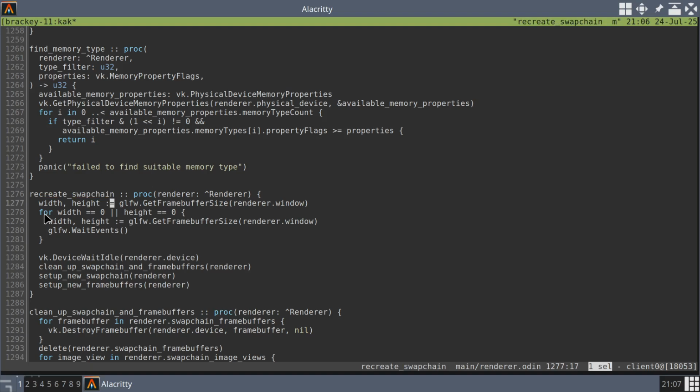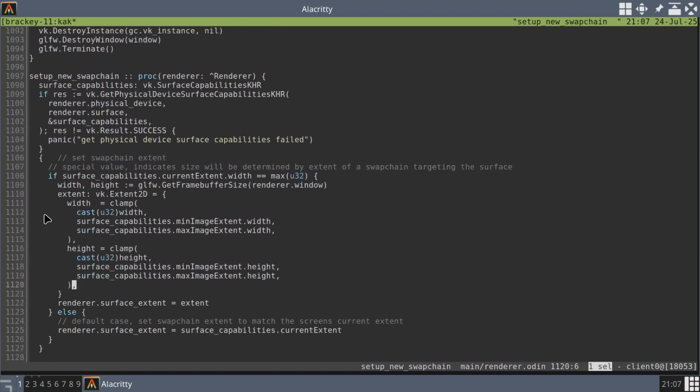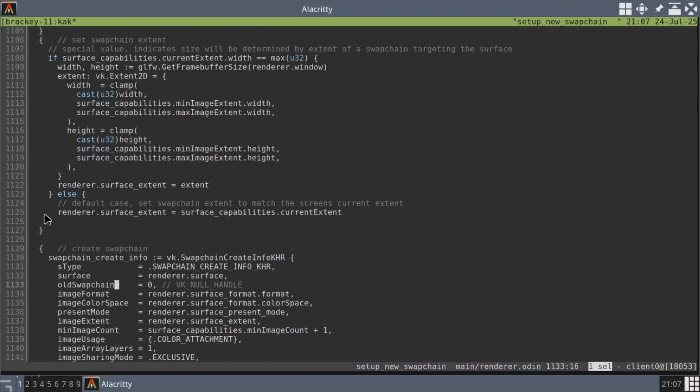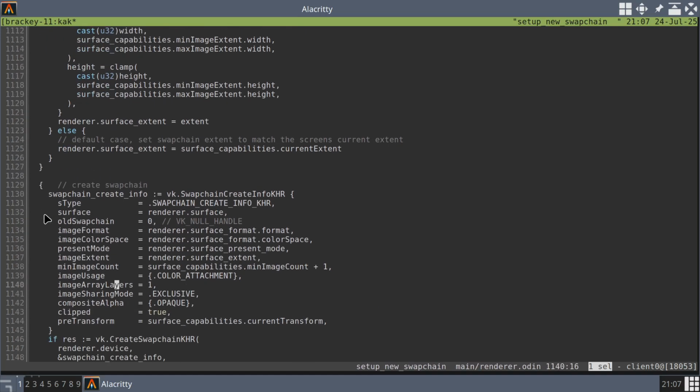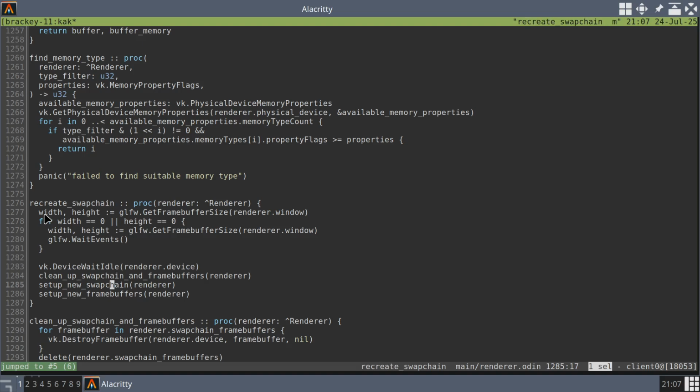Interesting. We're not calling that, and we're not calling that. Set up a new swap chain, set up new frame buffer. So the frame buffer stuff we don't have to worry about because we're using dynamic rendering. But yeah, it is calling all of this stuff again and recreate the swap chain. I wonder why we have to do a separate glfw frame buffer call. Or if we actually have to. Okay, but to answer my question, it does recreate the actual swap chain, and